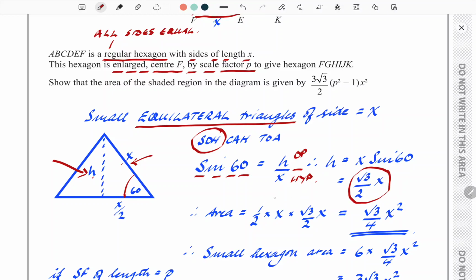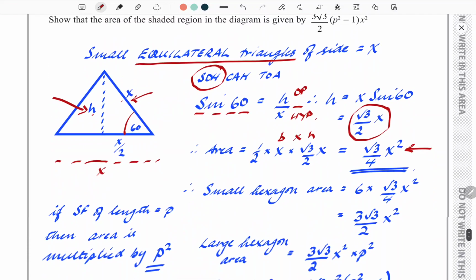So half times base times height, etc. So we know the base is all the way across there is x, same as all the other sides. And the height, root 3 over 2 times x times 2. And we get a value for one equilateral triangle in the small hexagon, root 3 over 4 times x squared,